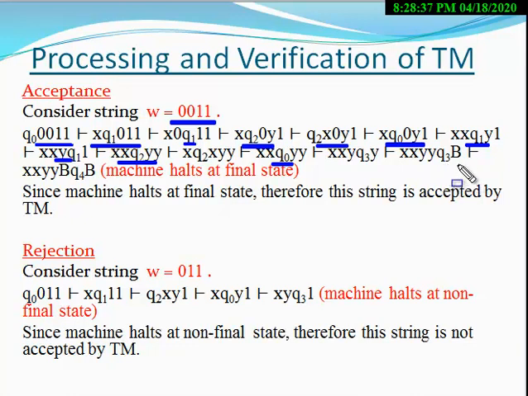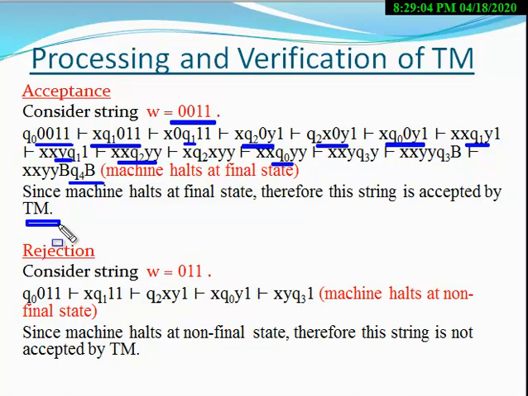If at the state Q3 the tape symbol B appears, in this case the machine goes to the final state. At the Q4 state, that is the final state, the machine halts. That is, there is no rule corresponding to the final state when tape symbol B appears. It means this string is accepted by this Turing machine.